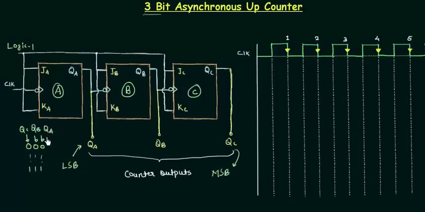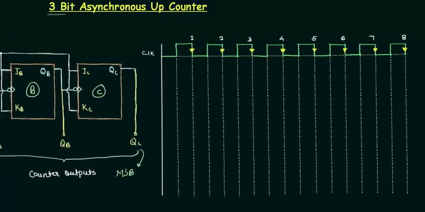So the values of QA, QB and QC will give us the count, and these values, the bits, depend upon the clock. So we have to analyze this timing diagram, and this clock is the external clock given to the flip-flop A, and it is negative edge triggered. So definitely all the changes in the flip-flop A will occur at the falling edge. I have already pointed out all these falling edges, so we can have no problem in analyzing it. So let's start with the output number 1, that is QA.